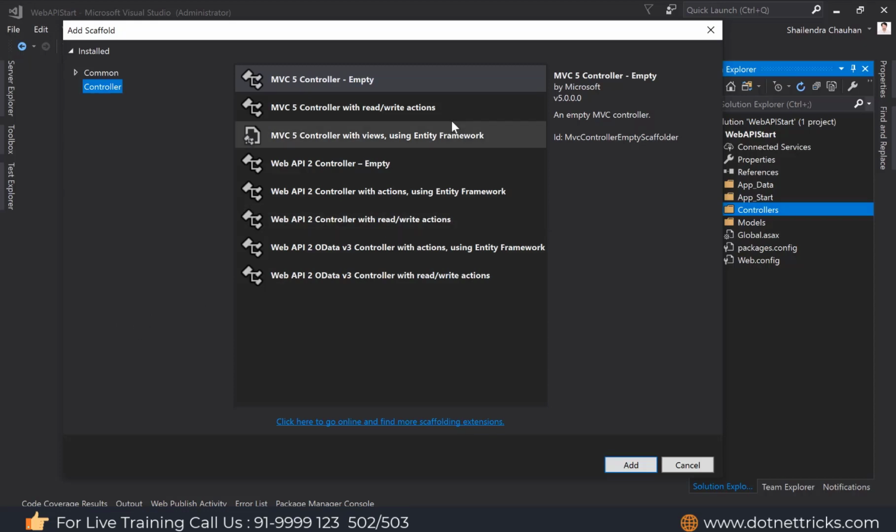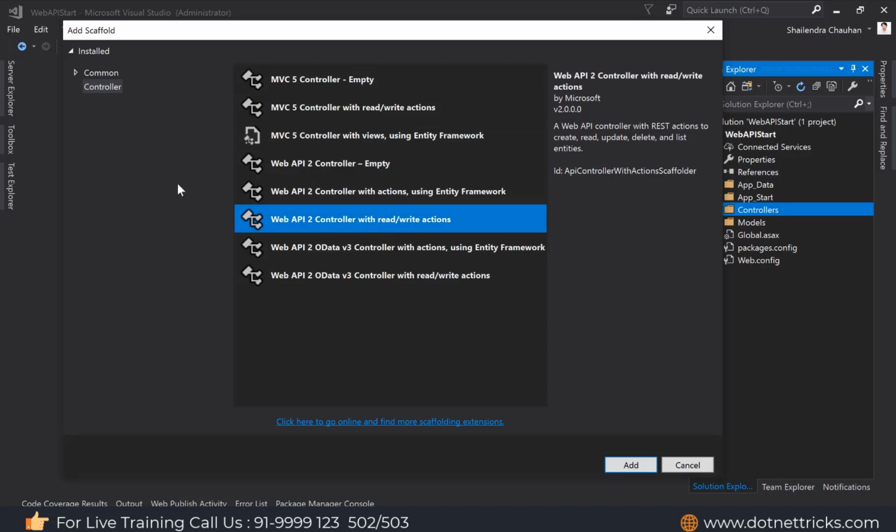That means if you select, let's say, this Web API controller with read/write actions, this template will automatically generate the code for performing the read operation and write operation. You don't need to write so much code there. You just need to make the necessary changes as per your requirement. So scaffolding helps us generate the code so that we can save our development time.